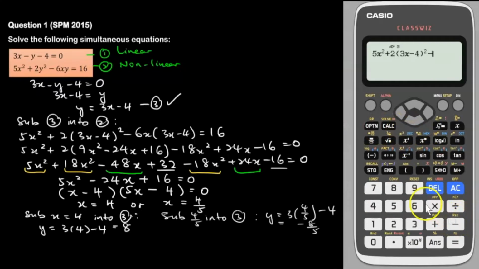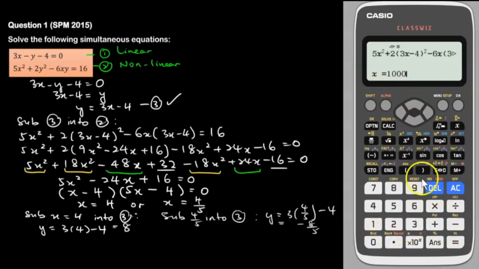and then after that minus 6x, and then the y is 3x minus 4, close bracket. Then after that the 16 we bring over to the left, become minus 16. Then we're going to press alpha, calculate, which is this button, CALC, and then press 0. And then the next step is to obtain the value of x when it's positive infinity, we key in 1000. So press Shift, then after that calculate this button. Press 1000,